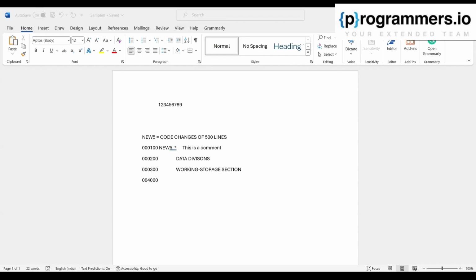Okay. So I think we should go to the practical representation of that, as it will be easy for us to explain. If we talk about the level number, 01, as we discussed, is a record descriptive entry. So if I take a variable name employee rec, like employee record, and I want 05 name,